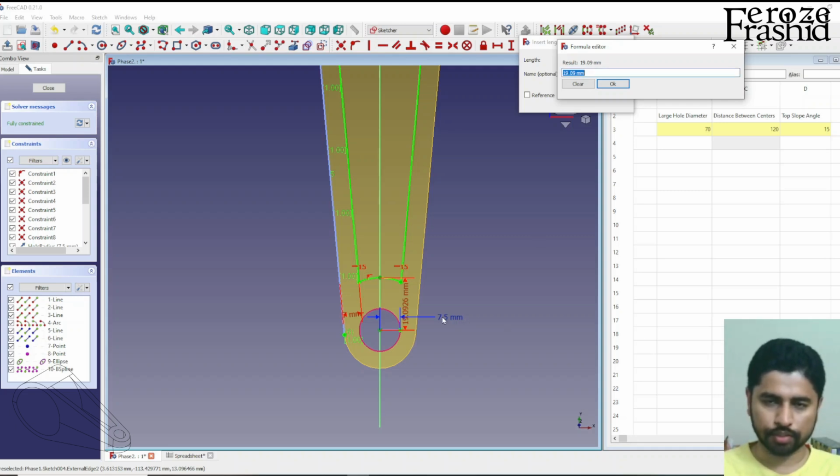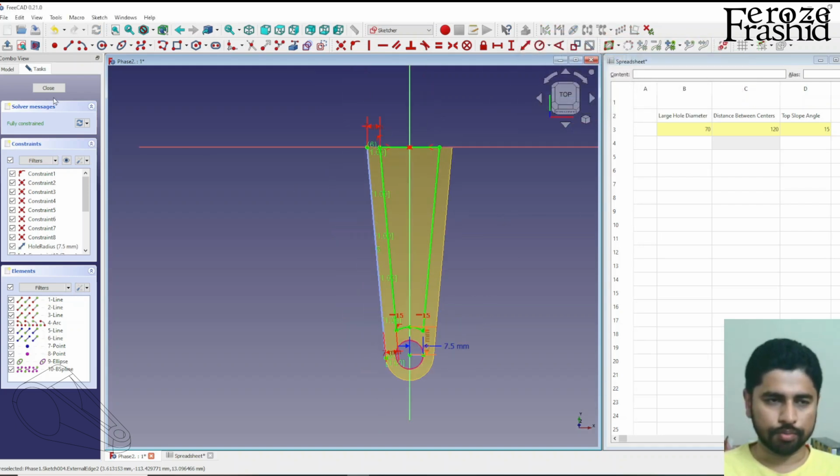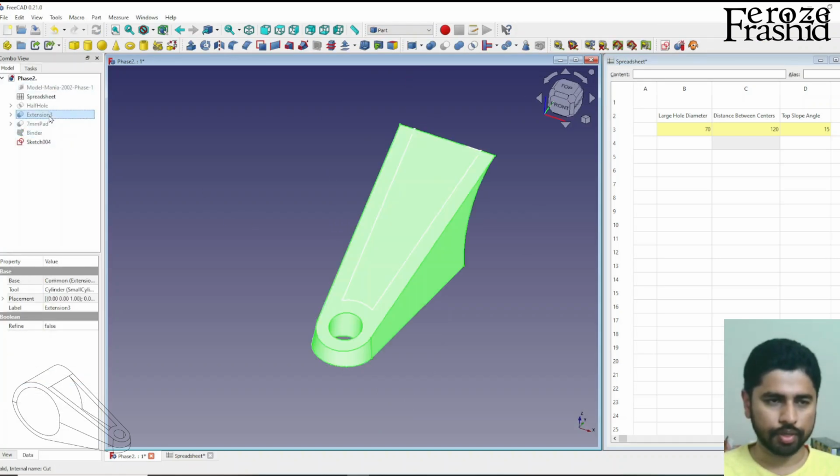Take this reference that we named earlier, say constraints dot, was it radius? Yes, plus 7.5, maybe millimeter. Yeah, so that worked. Okay, cool. So we build that, hide the binder, bring everything back,